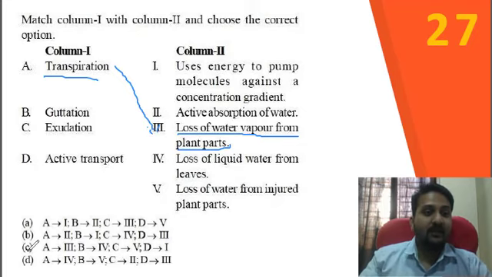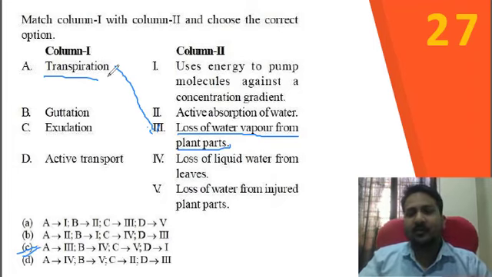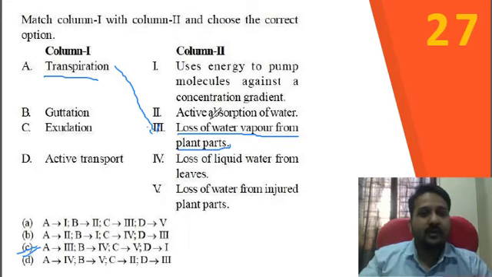Remember students, sometimes you can save your time like this one. Sometimes there are so many questions, so many options, so many match the followings. But if you read the option very correctly, have your concentration there, without reading the whole option you can test yourself and you can save your time. So you can see here option C is the only correct answer.